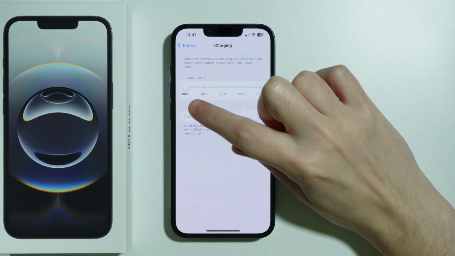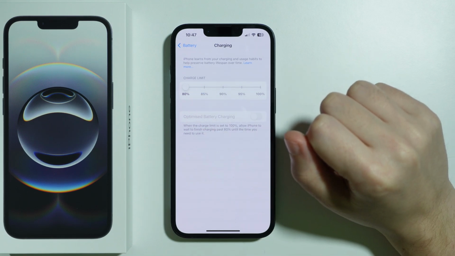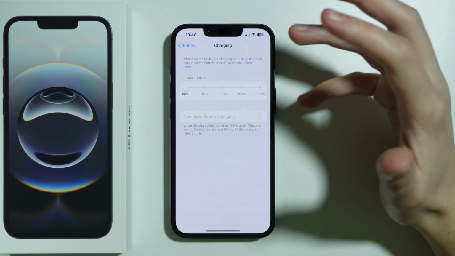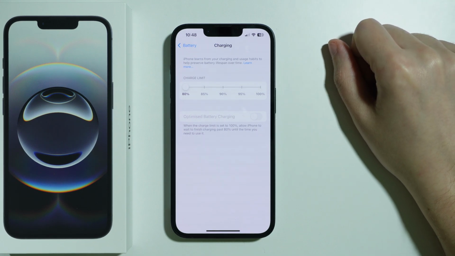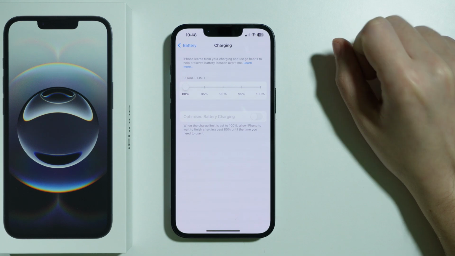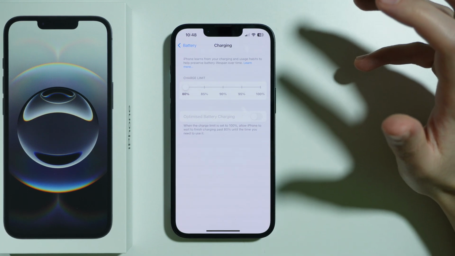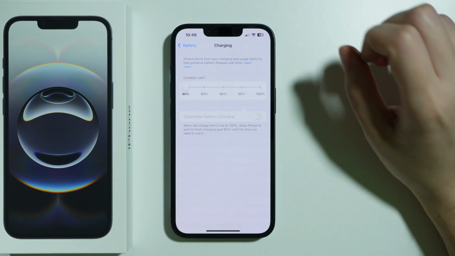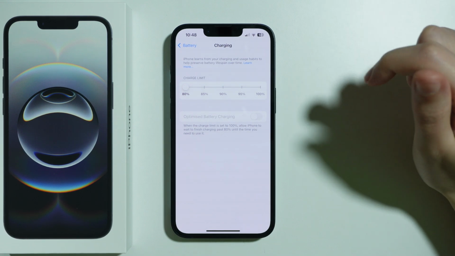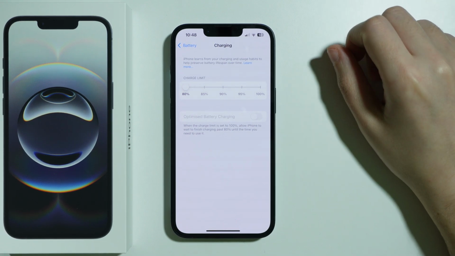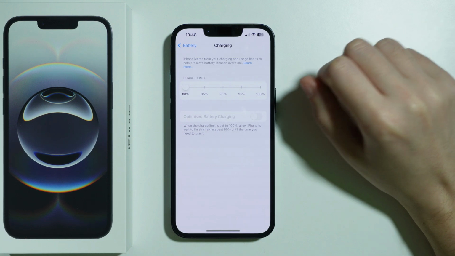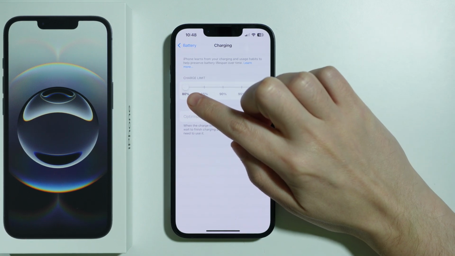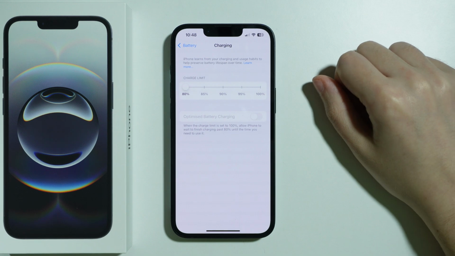Now, of course, ideally you want to use 80%, because this is like the most optimal percentage for batteries nowadays for most of the smartphones that we have available right now. And in fact, if you want to charge your phone, you should aim at 20%, meaning that if the battery drops to 20%, it is a perfect time to start charging your phone again, including of course this iPhone 16e. And if you charge your phone, ideally you want to stop at 80%, because this is how batteries work